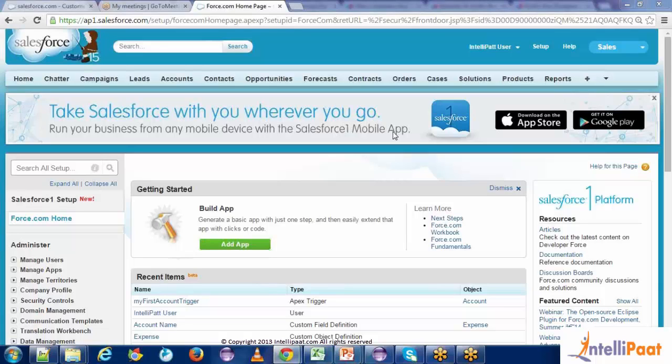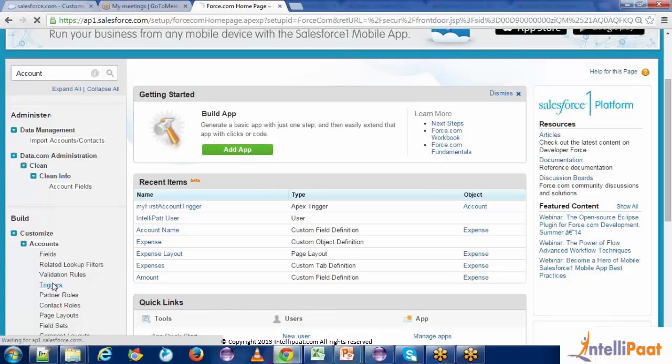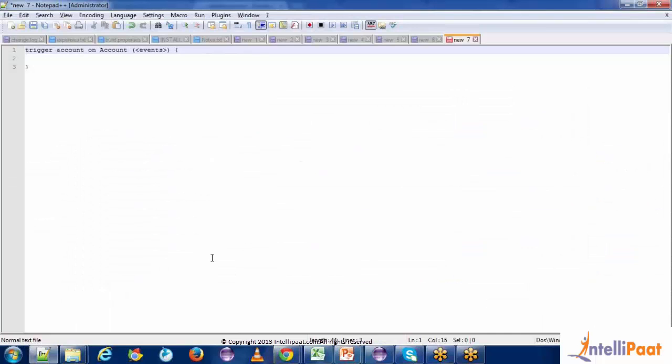So now what we'll do is we'll try to write an after insert trigger. So let's say the use case that we need to implement is that we need to